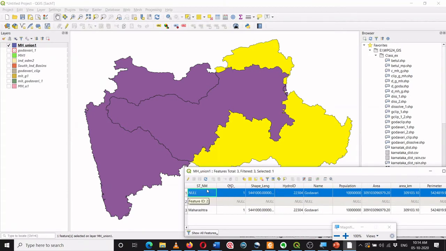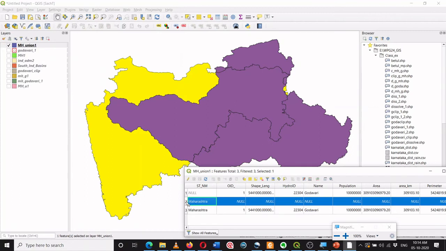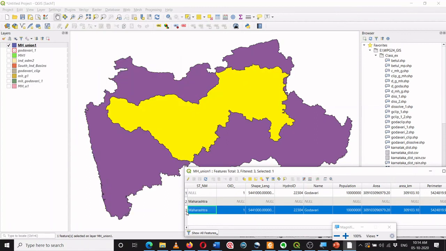In this case, for this region there is no data from the Maharashtra state, so therefore you see null over here. So this is an empty cell. In the case of Maharashtra, which is not part of the Godavari basin, it has a value of state name as Maharashtra, but since this is not part of the Godavari basin, it doesn't have these values, because the original table of Godavari basin doesn't have values for this column. And this is the overlapping region, which has values from both the Maharashtra state as well as the Godavari basin, because it is an overlapped area.